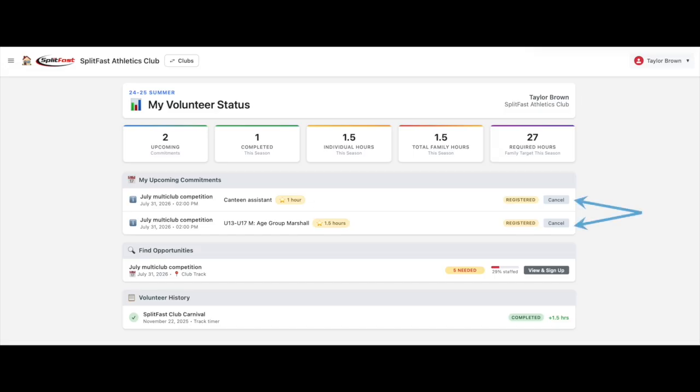Try to do this early so someone else can step in. The portal keeps a running total of the volunteer hours you've completed. If your club sets a family target for the season, you'll see how you're tracking against it here on the